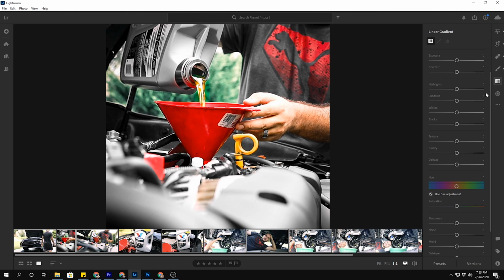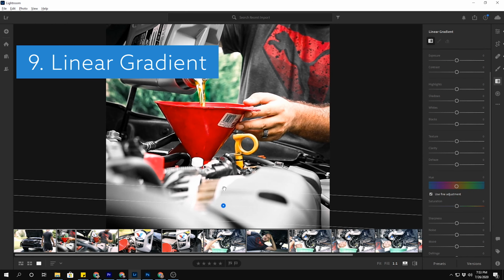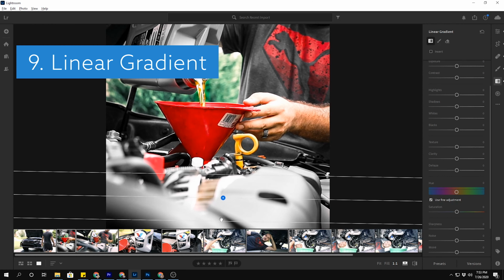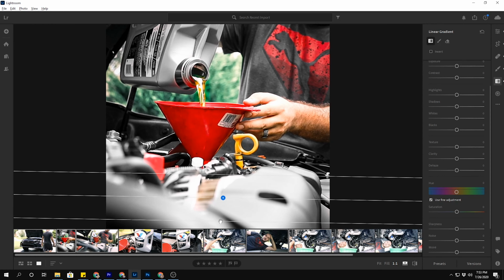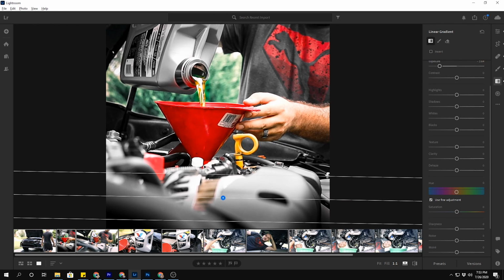Next one, we're not actually going to use anything. We might. Let's see if I can find any use for the linear gradient tool. So you're going to just want to click, and you get these lines, and drag on the screen. So it goes from most intense to least intense wherever you're dragging towards. And let's see if we decrease the exposure. That basically just gives us almost like a little vignette down here